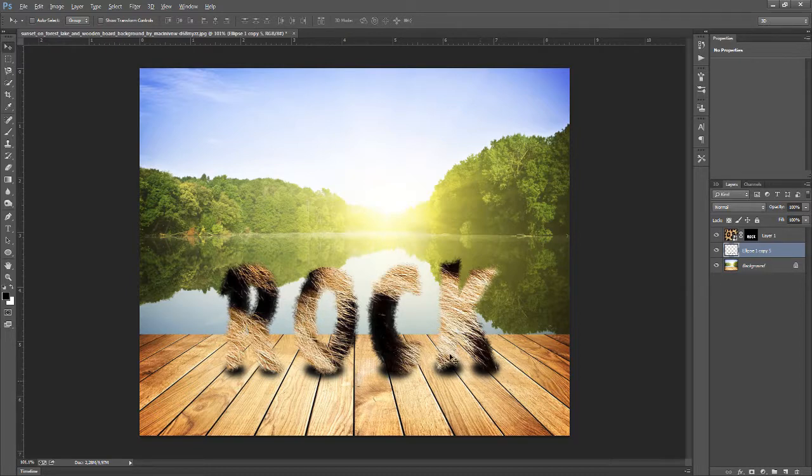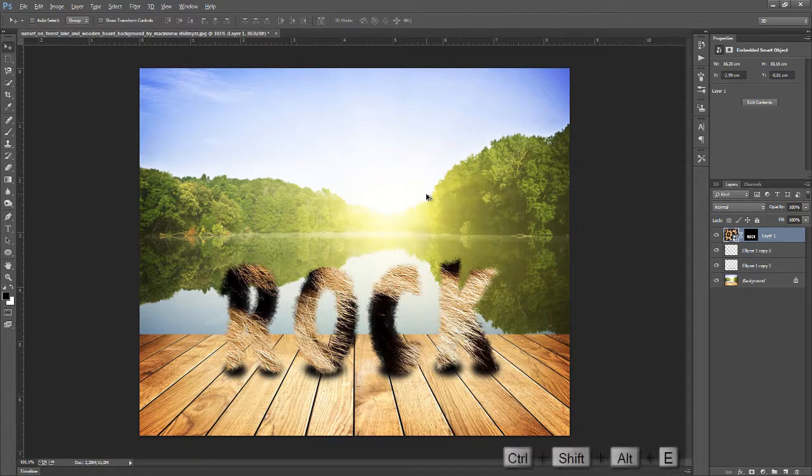Okay, so as I said, we can duplicate, Control J, but this is too strong for me. So let's just try and delete these layers so we can get the K. Okay, the K, the C, a bit on the O. Change the opacity here to about 43 on the R, and I would say that that's it. So now we need to make all this into one layer. Control Alt Shift E,